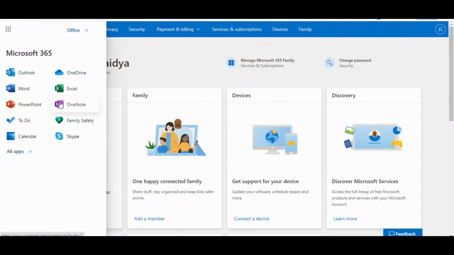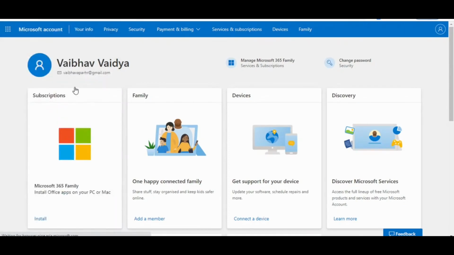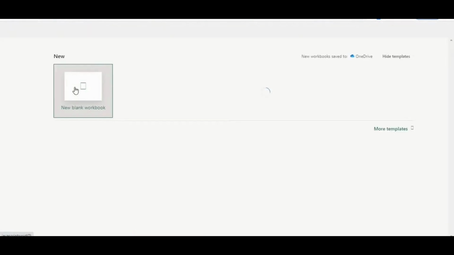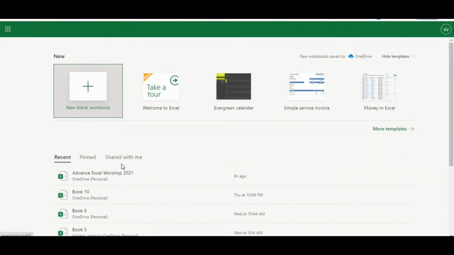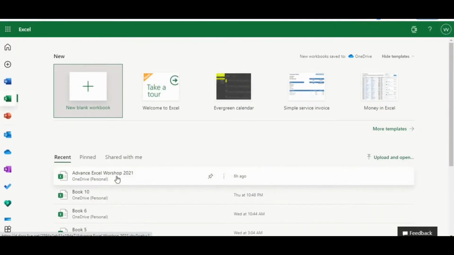You can use Excel, OneNote, Skype, PowerPoint, Word, and it's official. You can use it for free. Okay, so I'll be selecting Excel. So over here I'm selecting the Excel and it's getting loaded. मैंने तो already बना के रखी एक sheet, so I'll open it again. This is the best function friends, let me tell you. आप free में भी इसे utilize कर सकते हो.